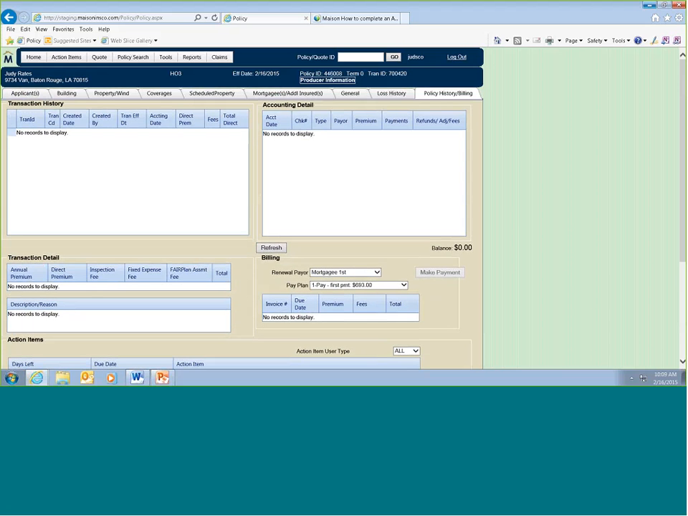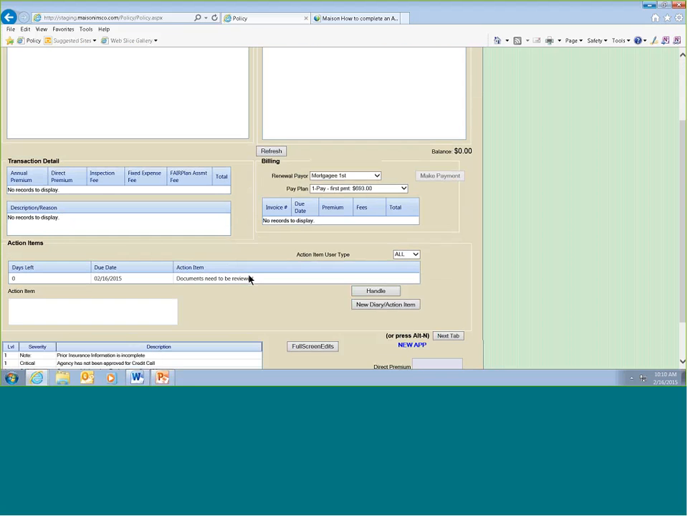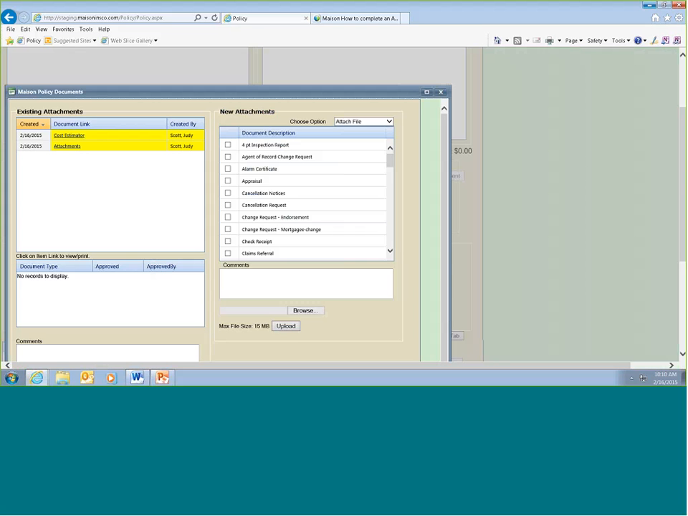Then we have Policy History and Billing. You're going to select the payer information and the pay plan. And under Action Items, this will list any document required to be uploaded. To upload it, you simply click on the item, click Handle, and it'll take you to the Maison Policy Docs